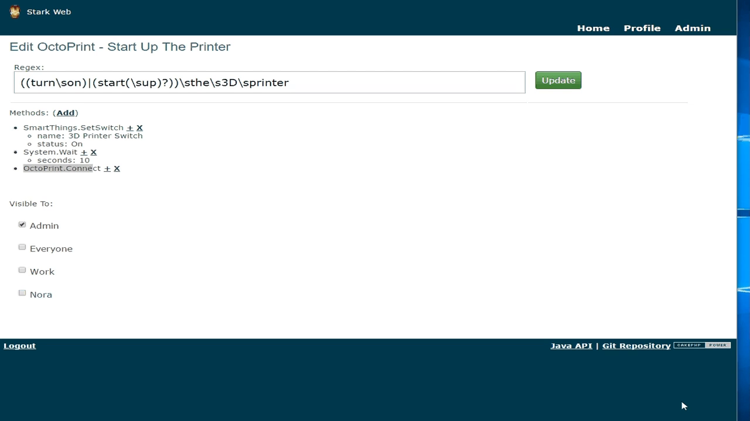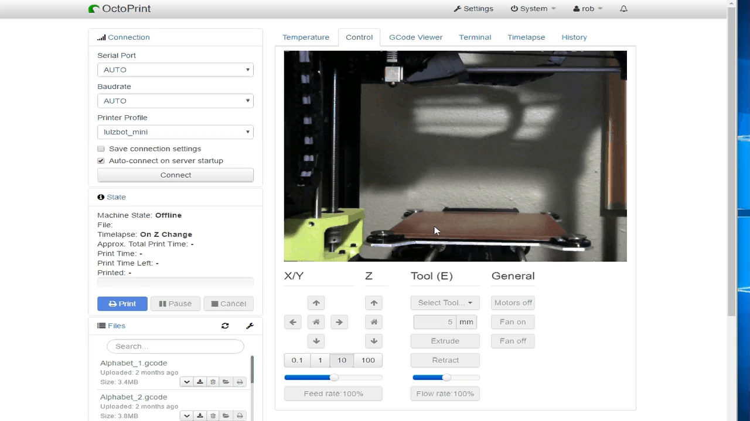In this video, I'm going to demonstrate the integration between the Stark API and an Octoprint 3D printer interface. If you don't know what Octoprint is, check out their website. I'll link it up here in the video. But basically, it's software that can be used to control your 3D printer without connecting it to your